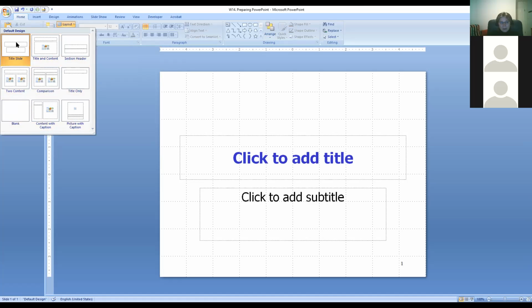Now, you really need the title slide, and then you need the title and content. These are the two that you don't have a choice. You have to use them. You may also be able to use title only if you want to create a figure that you will post, or you can insert a figure through the title and content.